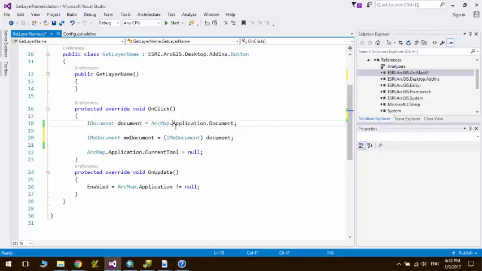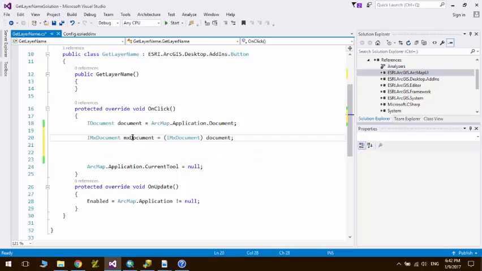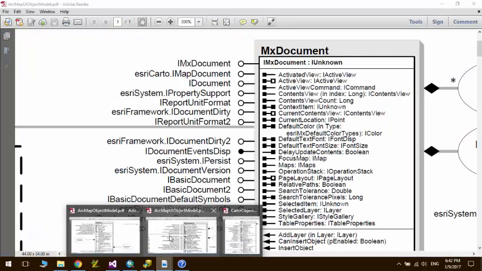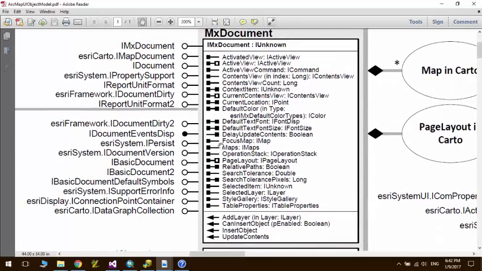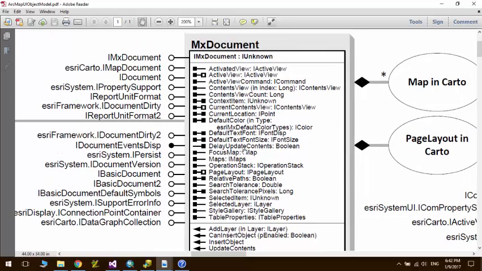We cast document to the IMxDocument type, and then assign it to IMxDocument. So now we have a pointer to the IMxDocument interface, and we have access to the FocusMap property that returns the IMap